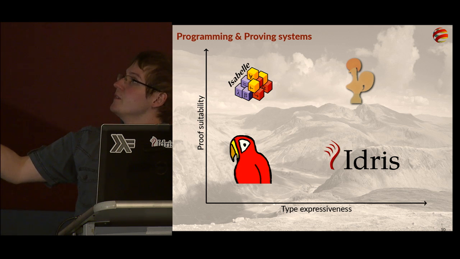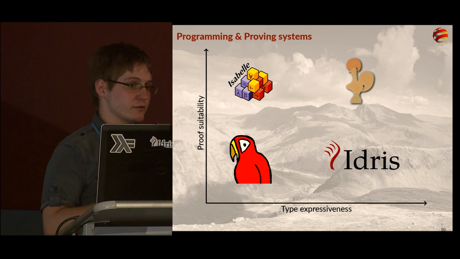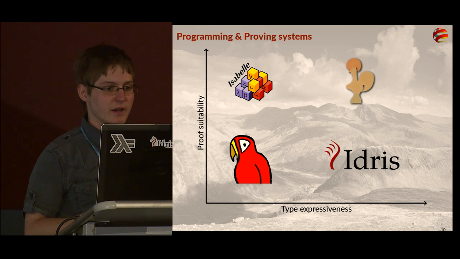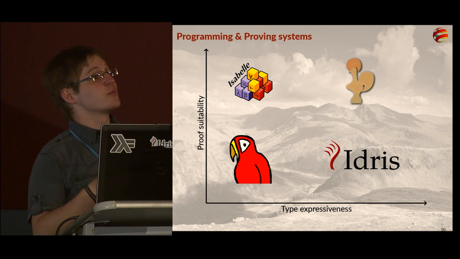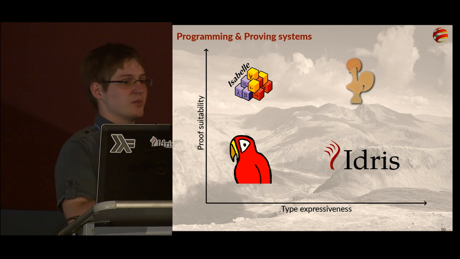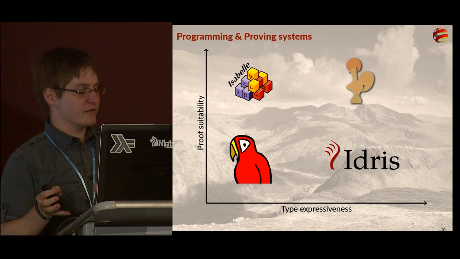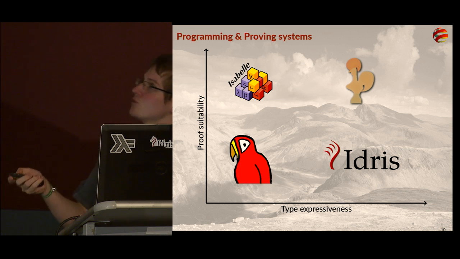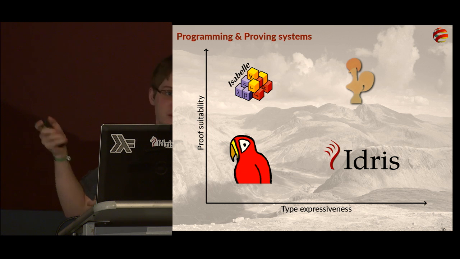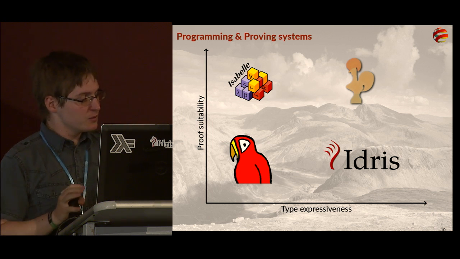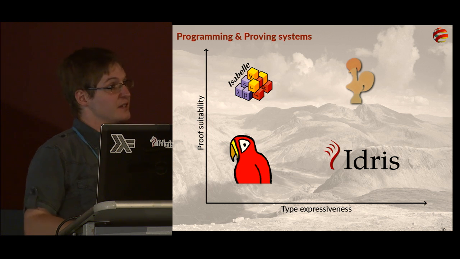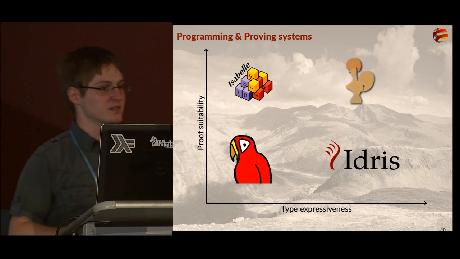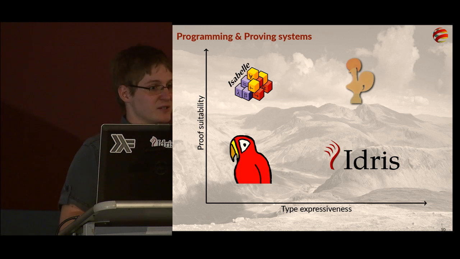So PolyML and Idris are both practical general purpose programming languages, and Isabelle and Coq are also programming languages, sort of, but they have been designed to be more of a proof assistant. And Idris should probably be a little bit higher here because Idris also has features which you could reasonably say make it sort of a proof assistant, but I think Edwin will agree that it's primarily a programming language. Okay, he's nodding. Okay, I think I'm good.